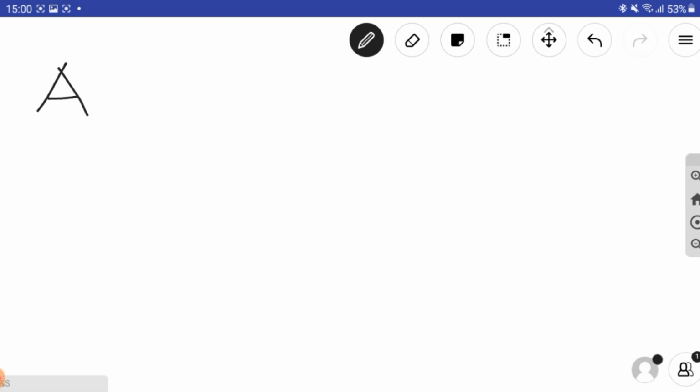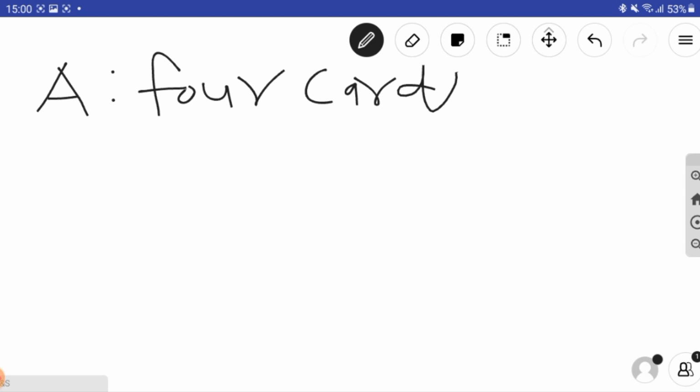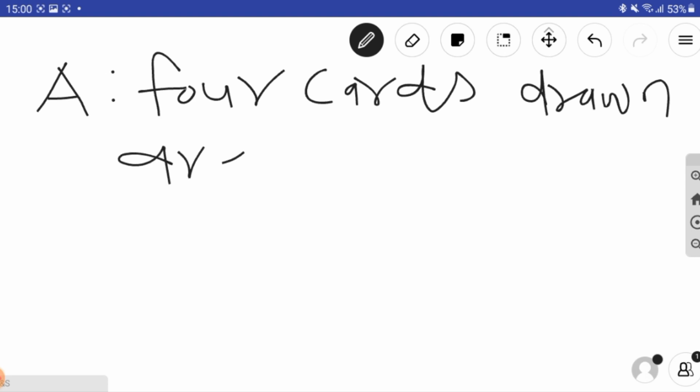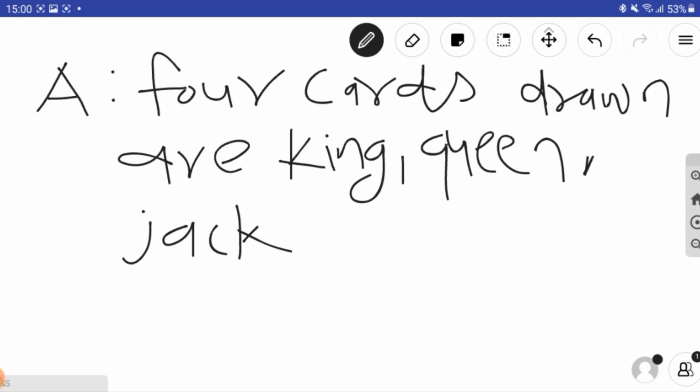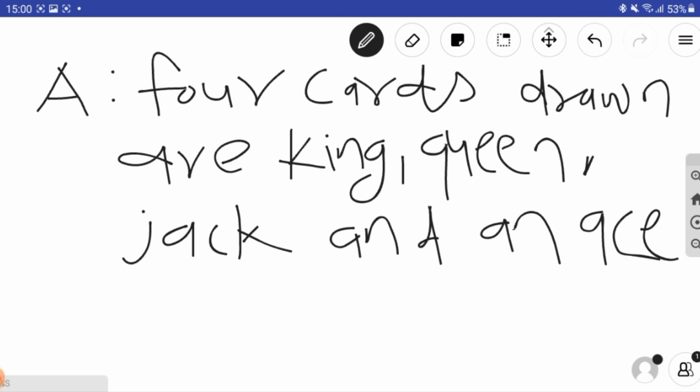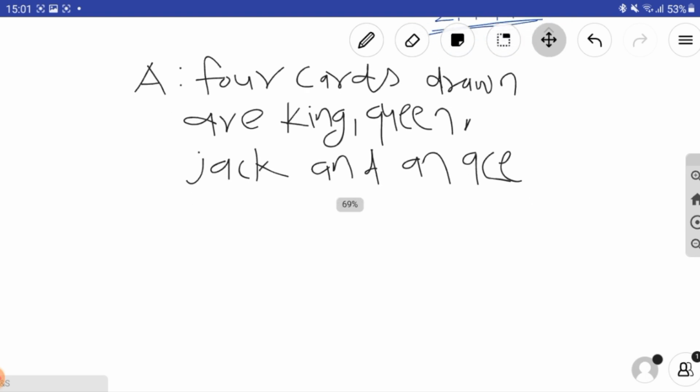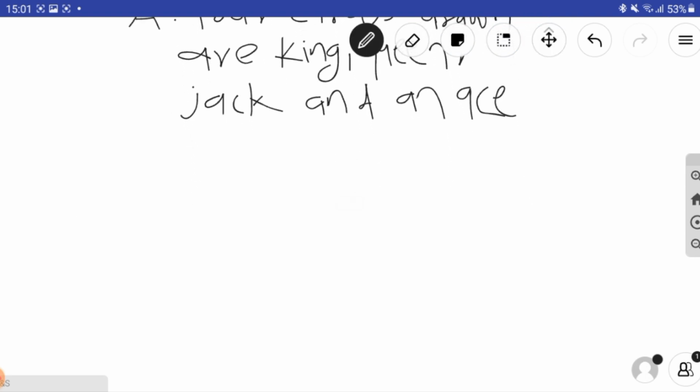So our event A is: 4 cards drawn are king, queen, jack and an ace. Therefore n of A is equal to